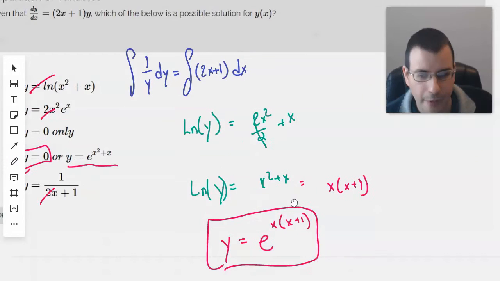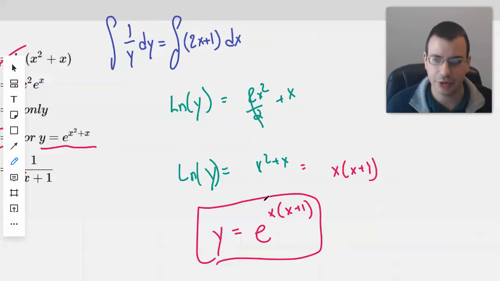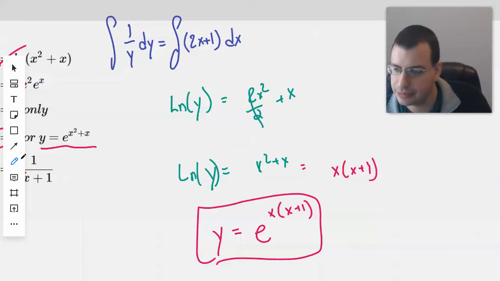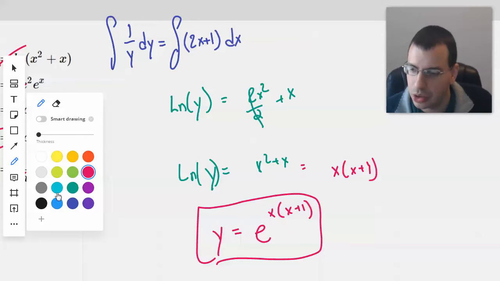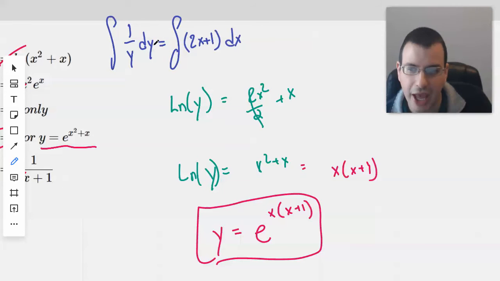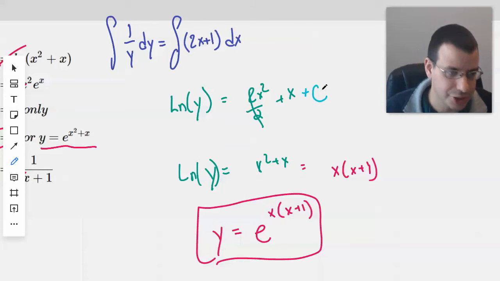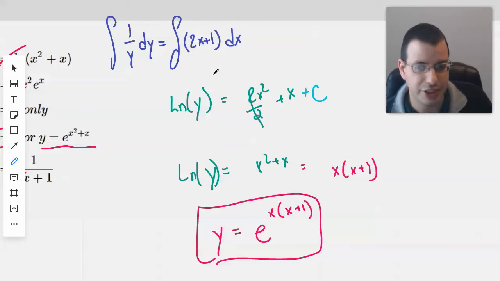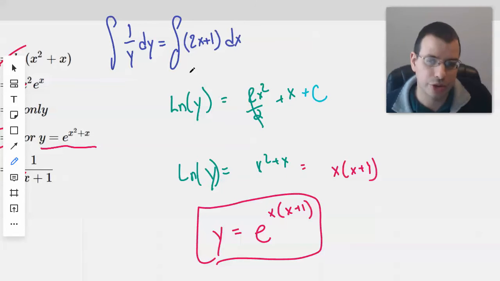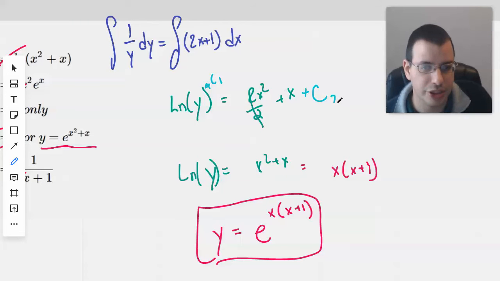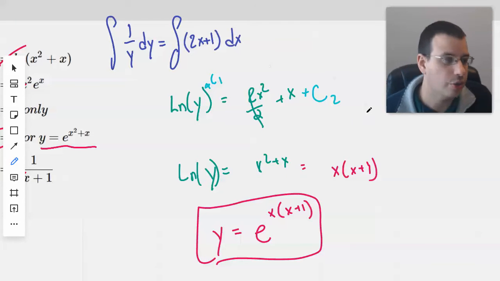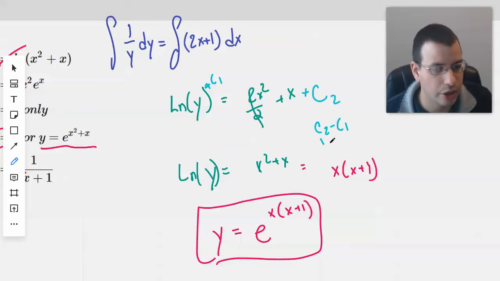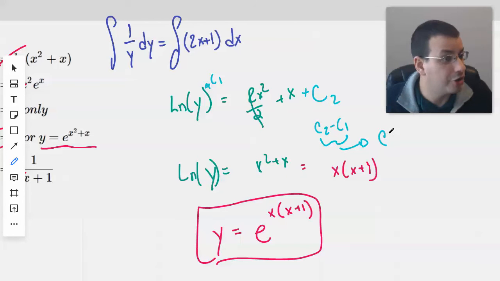One of the things I was kind of, I'm not lazy, but negligent with was, all right, so we have our integral of both sides. We have x squared plus x over here, and then we'll add c. The c is supposed to be there. It's a constant that you get from integration. And you might be like, well, we should have a c on the left side too. Well, we do. So you could have plus c1 here, plus c2 here, and then we could move the c1 over, and we just get c2 minus c1,